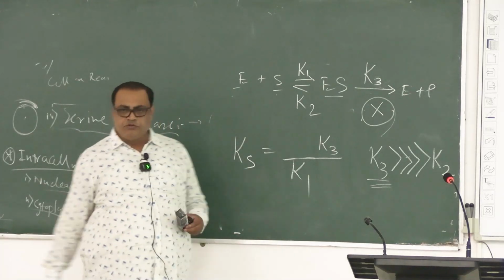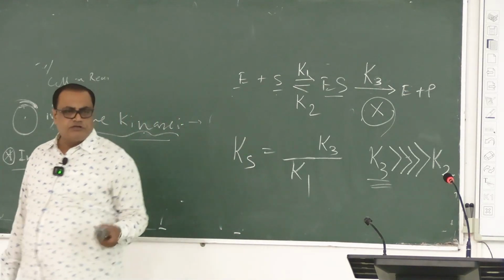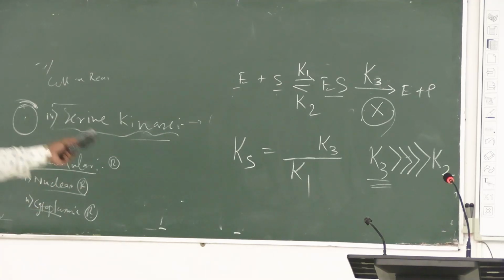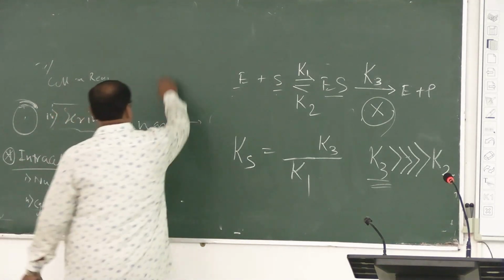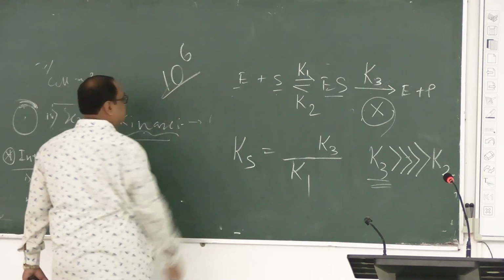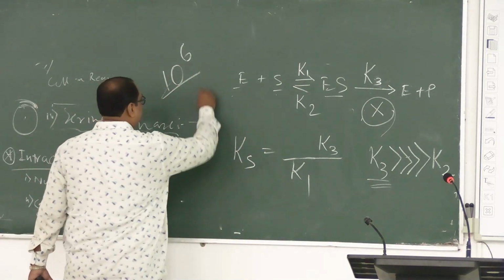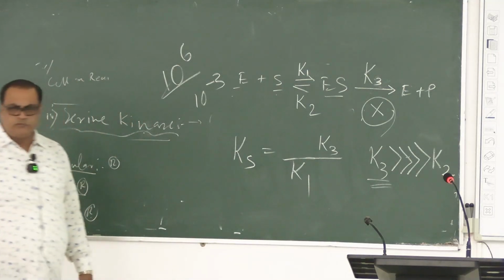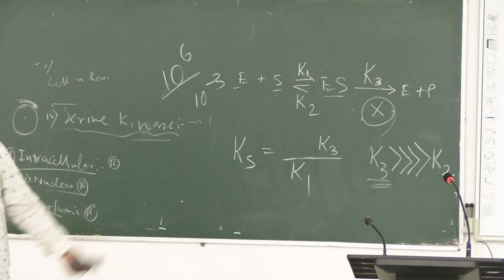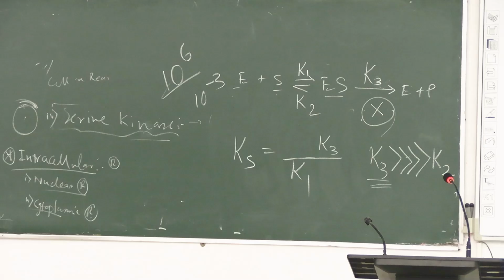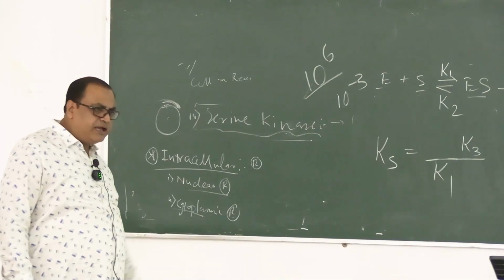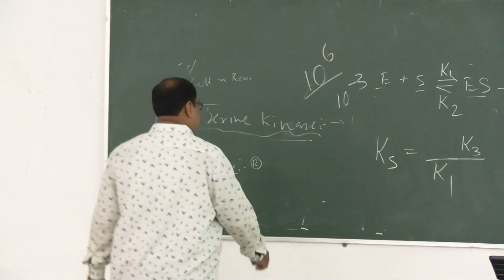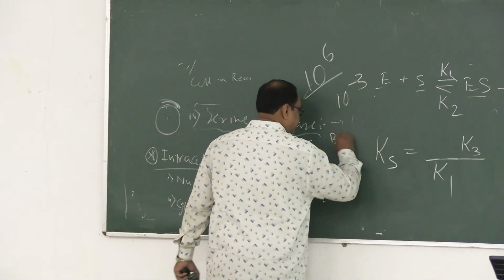Instead of writing K2 any further, we can just omit it because K2 is a very small quantity. Say this quantity is around 10 to the 6 and K2 is around, will you consider? No? So they omitted it, and it became K3 by K1. So these were the changes or alterations made by